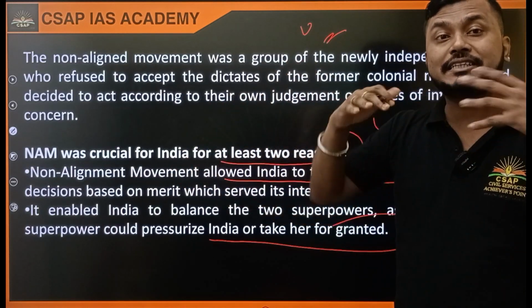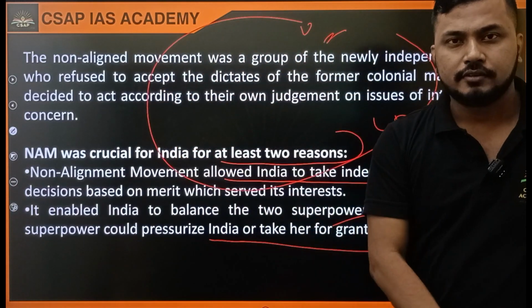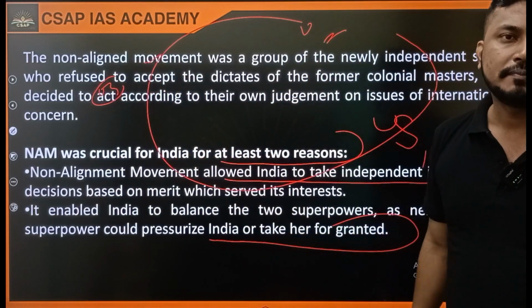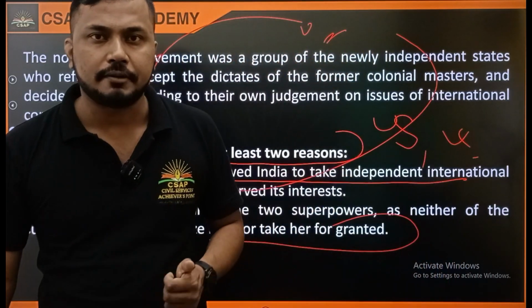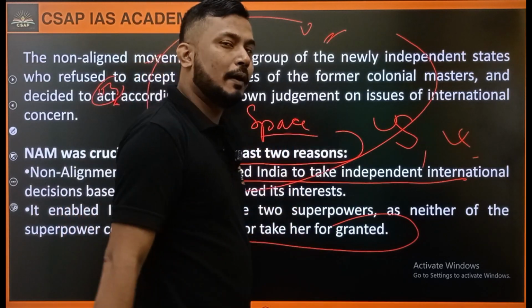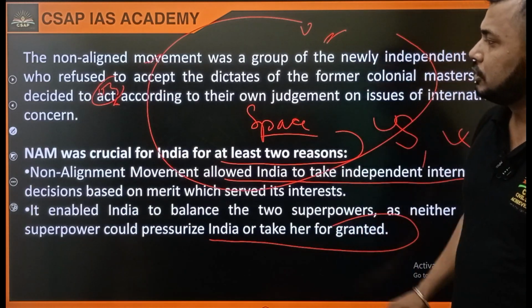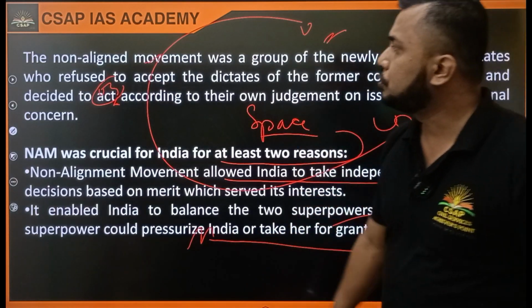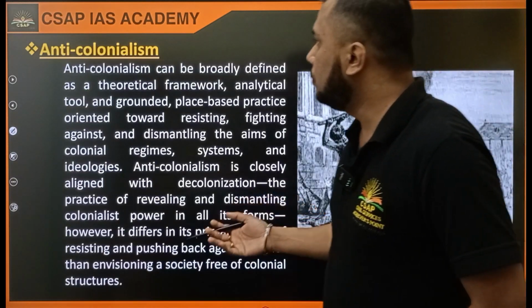superpowers, which were super giants at this point of time. Russia had a huge territory, the USSR. The USA was one country as compared to Russia in terms of space, but in terms of power, the USA was more productive as compared to the USSR. The USSR did well in space at that time, the Soviet Russians did a lot well, so that was very important. So India chose NAM for these two reasons, and it came from anti-colonialism. So we all know it can be